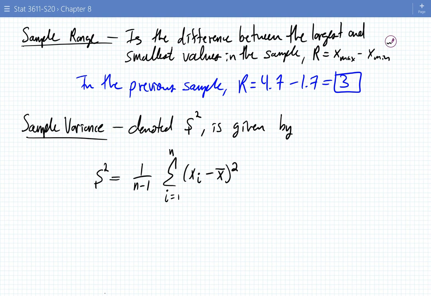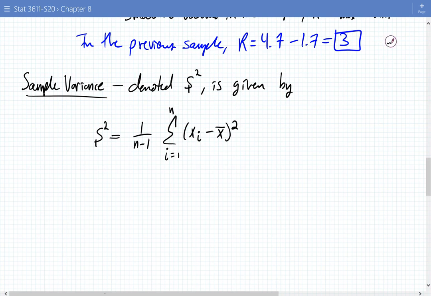I would really encourage you to take a look and compare this definition of the sample variance to the original definition of the variance of a random variable. That is something you talked about way back in potentially chapters 3 or 4. Very similar sums in terms of x minus mu squared. We have xi minus x bar, quantity squared. All things are in terms of the sample averages. And then we're dividing by this n minus 1 coefficient as well.